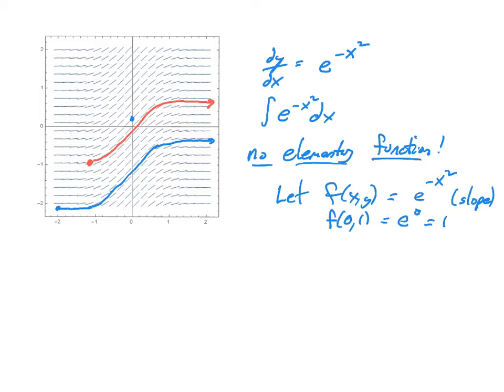Now, this is what else is cool about differential equations, is that we are given that the slope, which is dy over dx, which is e to the negative x squared, we know that's going to be positive for all x and y in the reals. So that means that no matter what I draw, it should be always increasing.